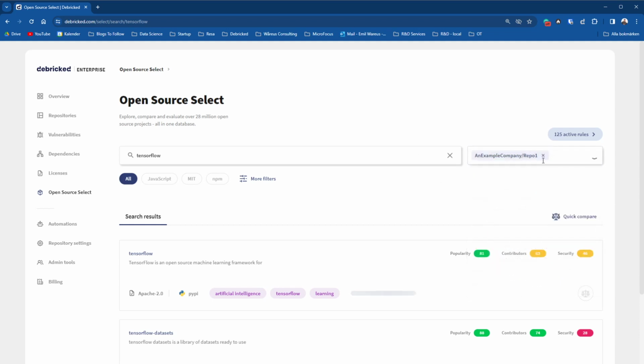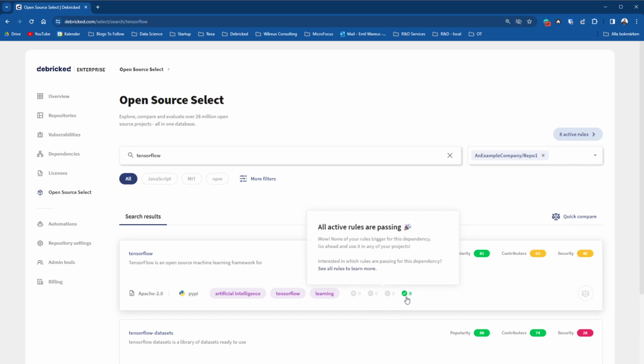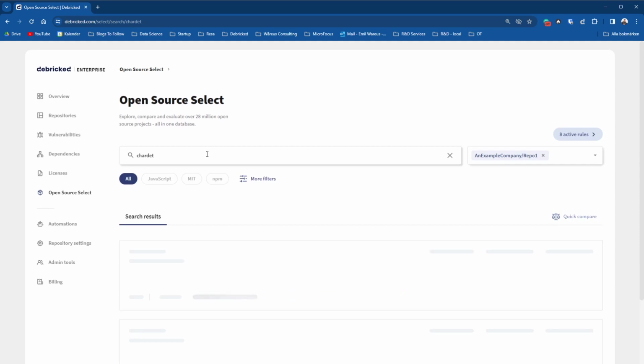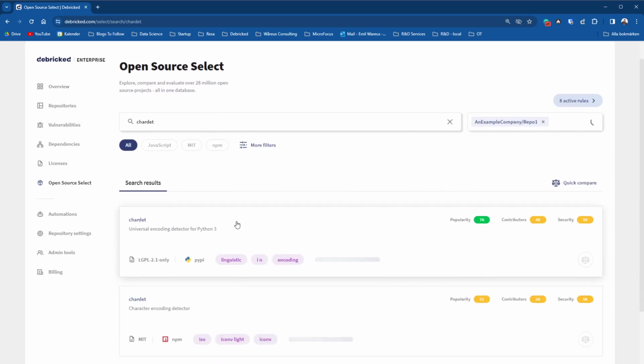Then we can see here that if I select repository 1, it will use this rule set of Debricked policy and automation rules. And here we get a checkpoint saying that according to my internal policy, I'm allowed to use TensorFlow in repository 1. That's great. But if I search, for example, for Shardnet, which is another Python library that's quite popular,